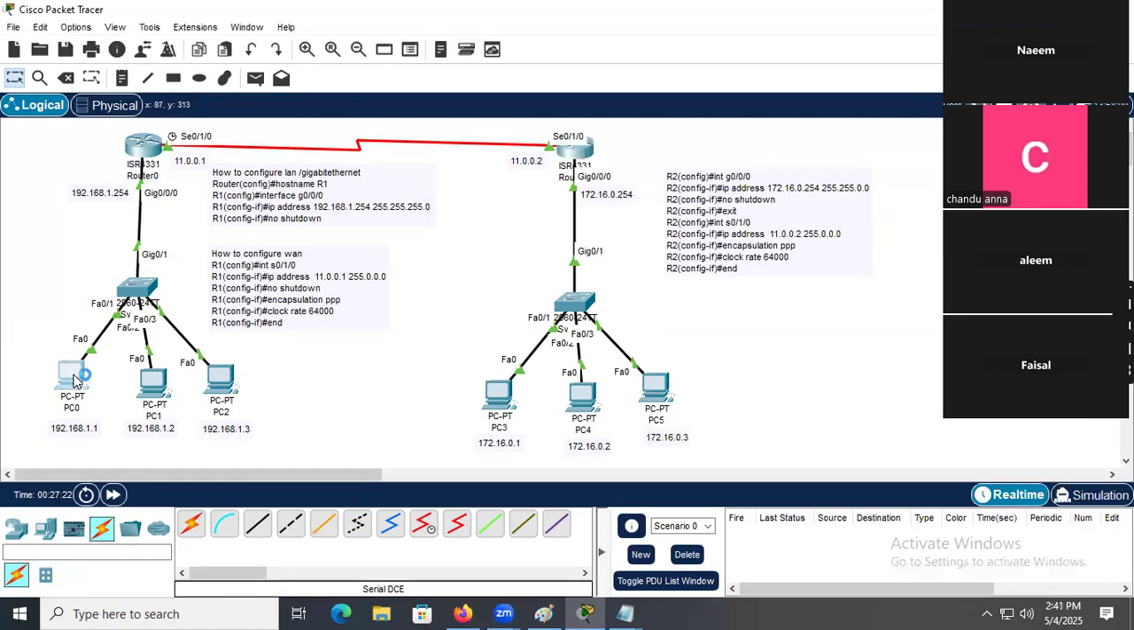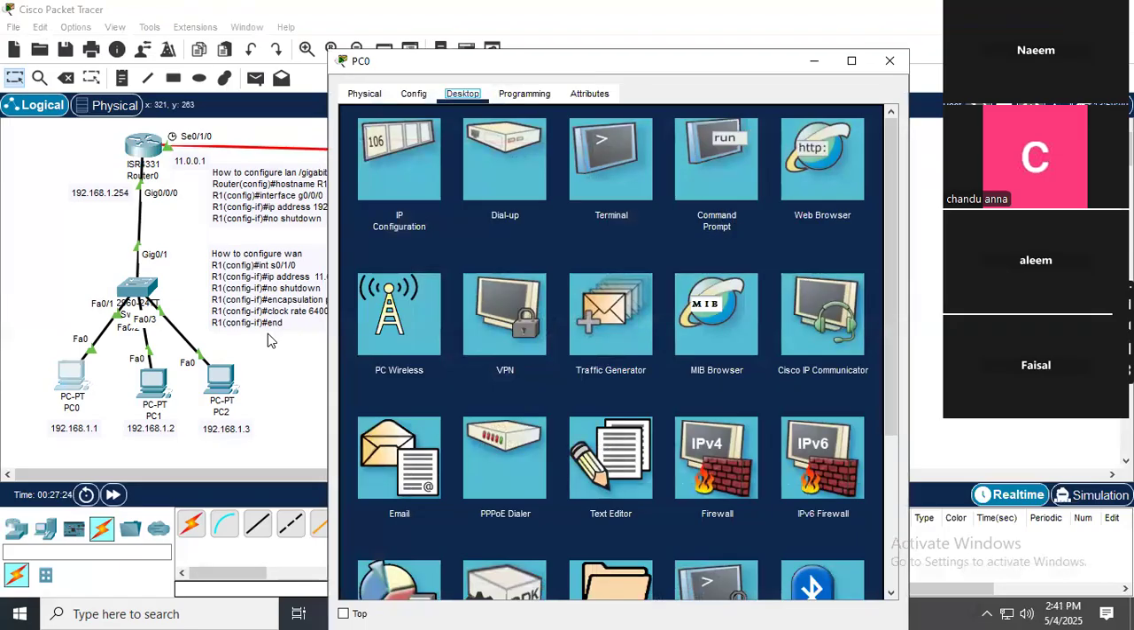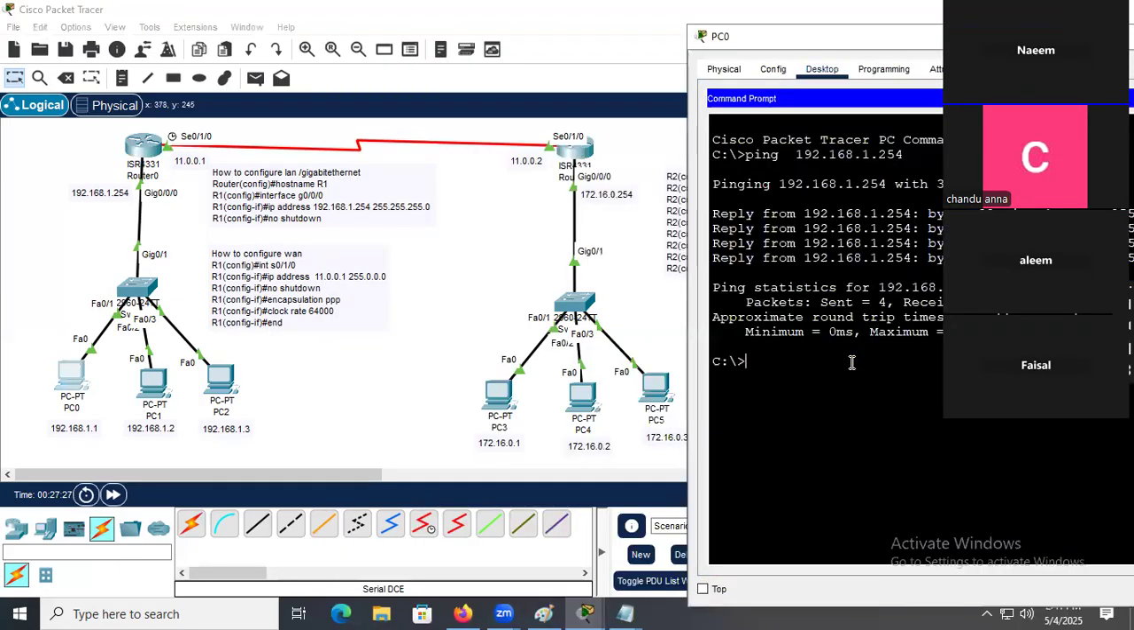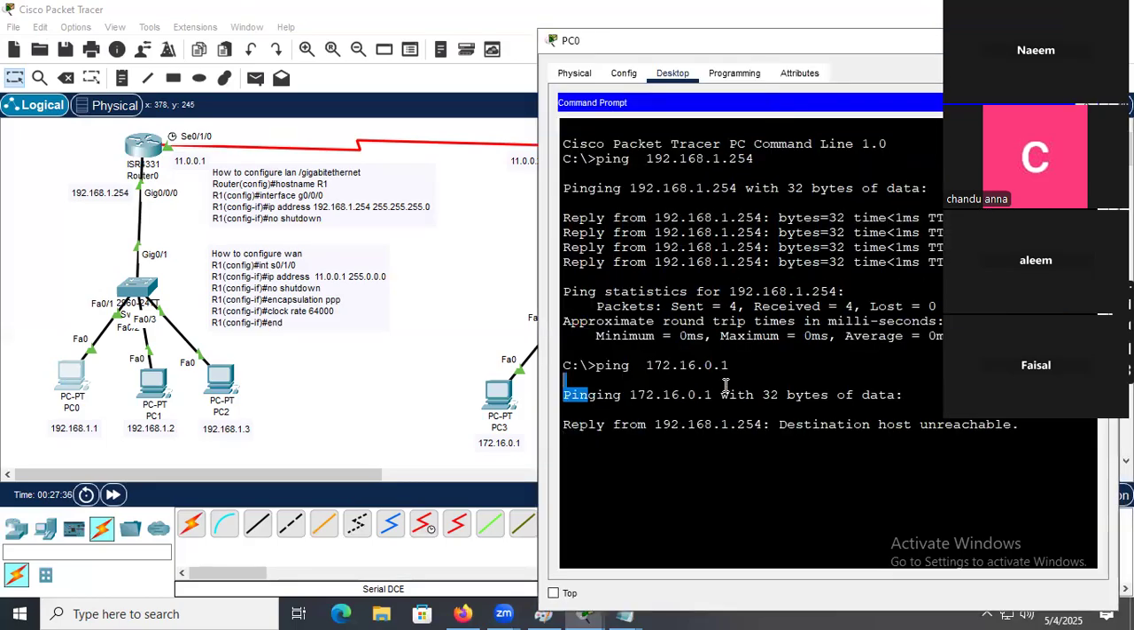In this PC, if I try to ping the other side, which is 172.16.0.1, I cannot get a reply. So you require something called routing. You see here, 172.16.0.1, it says request timed out, and you will get destination host unreachable. These two branches, they